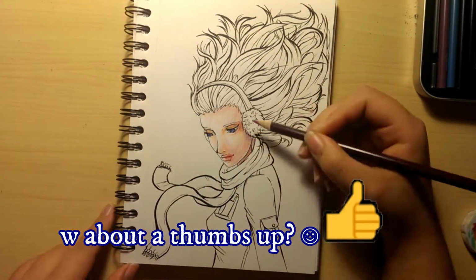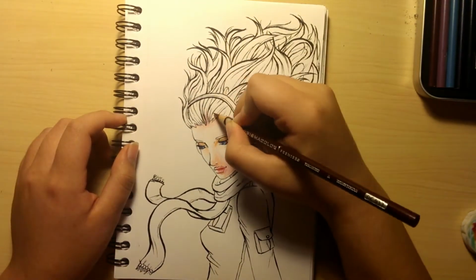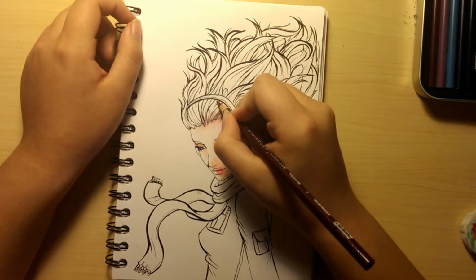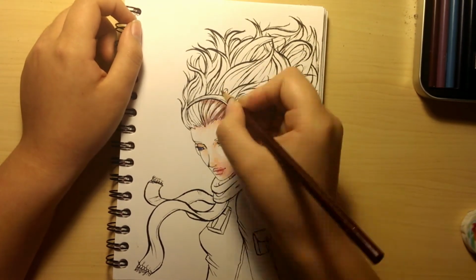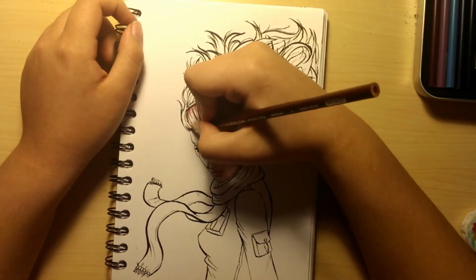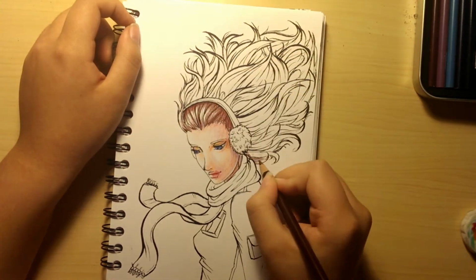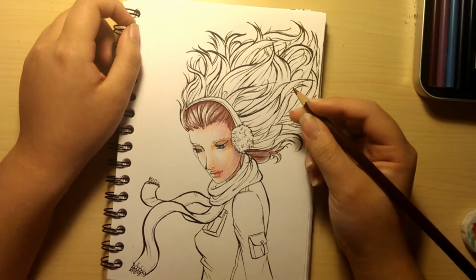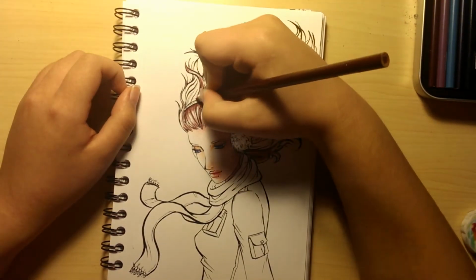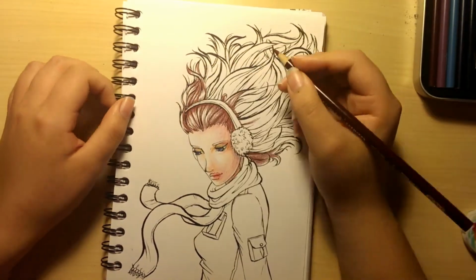But after putting it on the paper, I started seeing how much control you have. I was able to put so many different colors in the skin, using the reds and the yellows and the pinks and the purples, to make the skin look so colorful. It's more colors than I ever usually use for something as simple as skin. It was so much fun, and you're able to layer on the colors slowly and with control, and you can get really light colors and really dark colors, and it's really cool